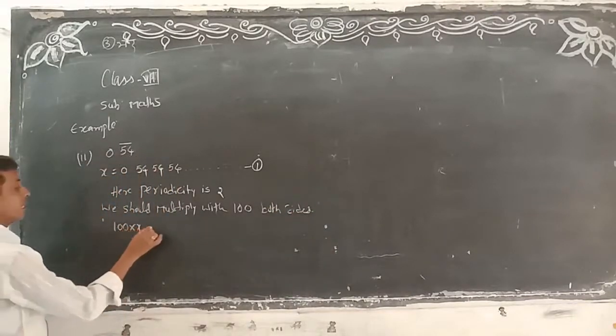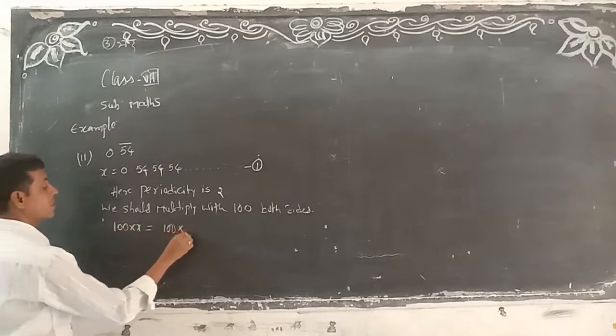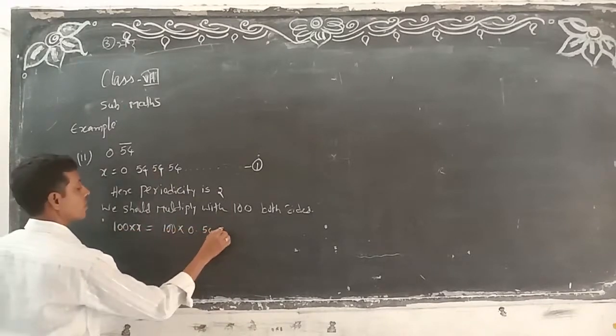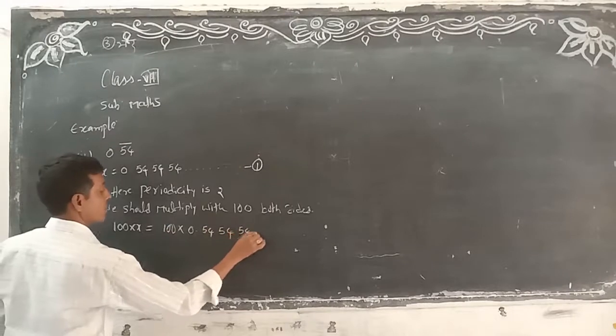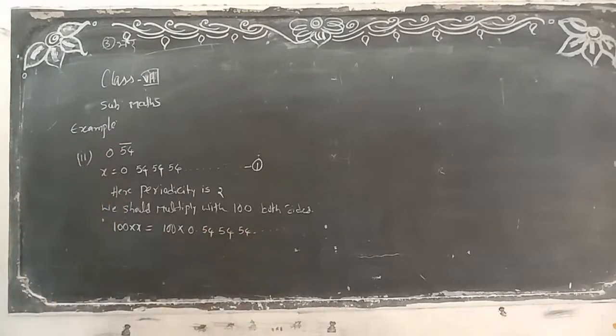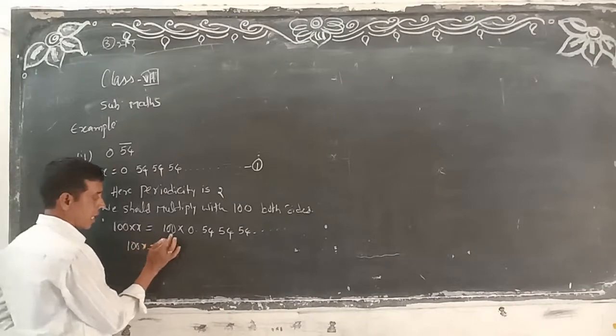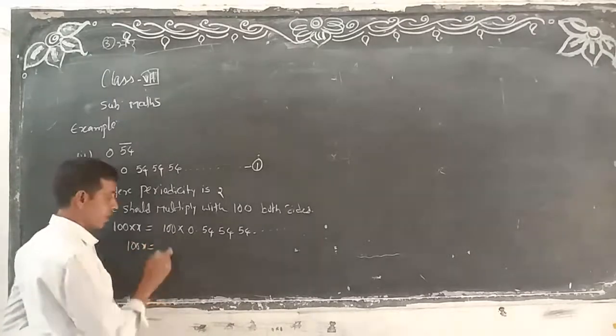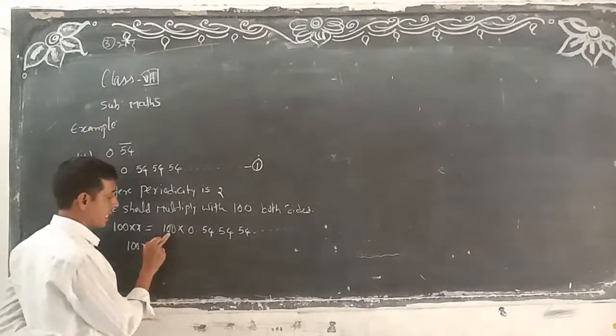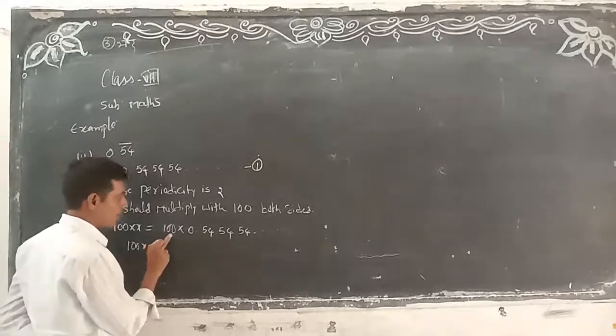100 into x, 100 into 0.545454 dot dot dot. Sir, how to do the problem here? Okay? 100x means what? 100x. Next, look here, 100 into 0.54. Before, in the earlier problem, what did we have? 10 into 0.4. Here the two numbers we have to